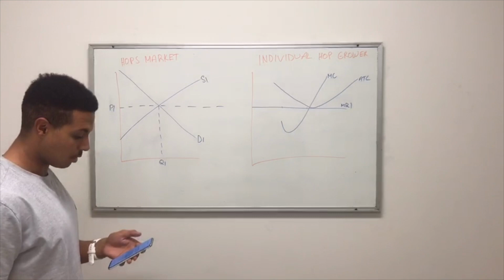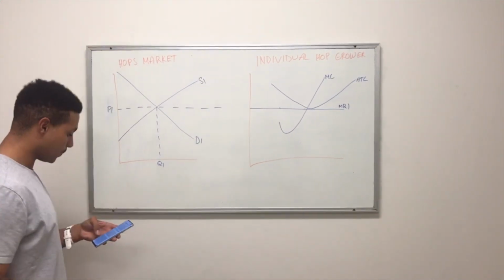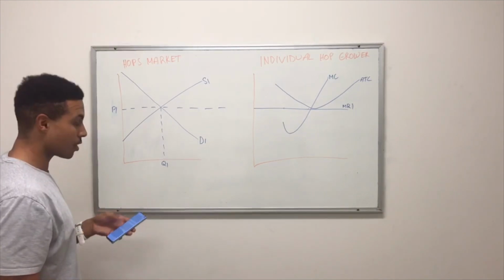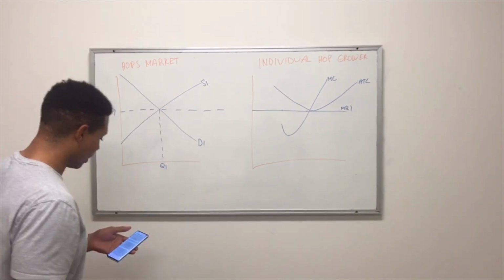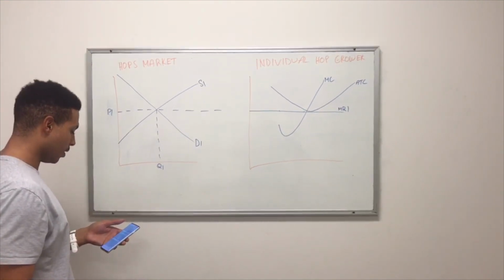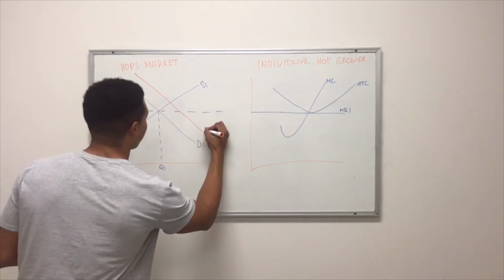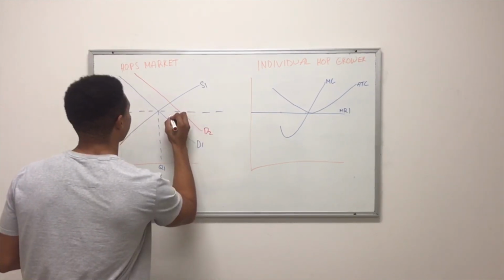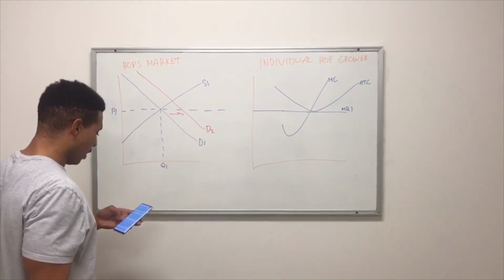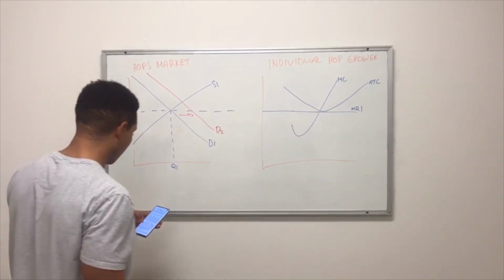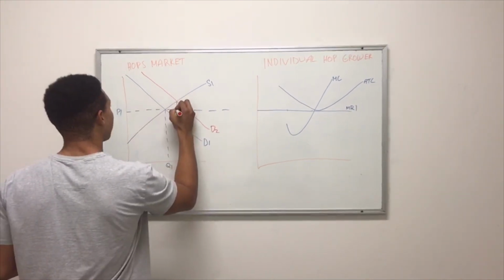The short run is a period or length of time where at least one factor of production is a fixed cost. As South America, Russia and China develop a taste for beer, it leads to a greater demand for hops as they are a key component in the production of beer. This is shown by a rightward shift in the demand curve from D1 to D2. As demand increases, it puts upward pressure on prices from P1